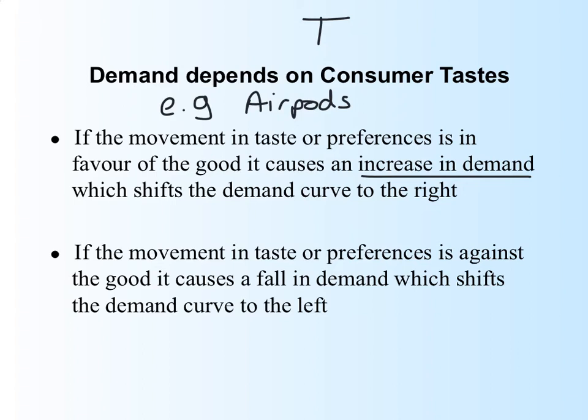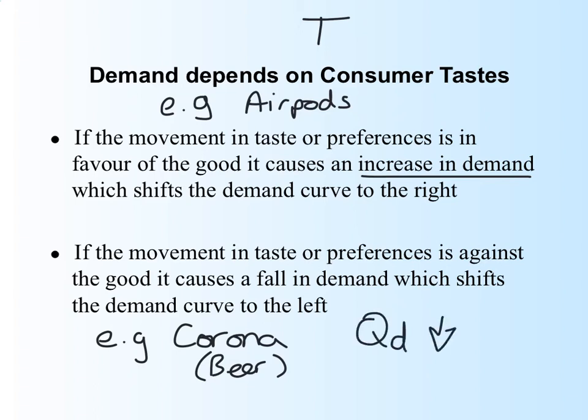If it moves against the good, a really good example of this would be the beer Corona. I don't know if you know this, but the beer Corona actually saw a fall in sales at the very beginning of the pandemic, because obviously coronavirus. Some people seem to think that they were going to get coronavirus from it, but they definitely moved their taste away from it. So what happened there was the quantity demanded fell for it. Okay,